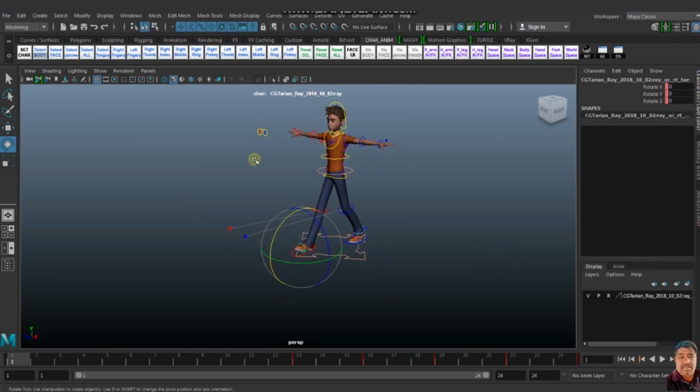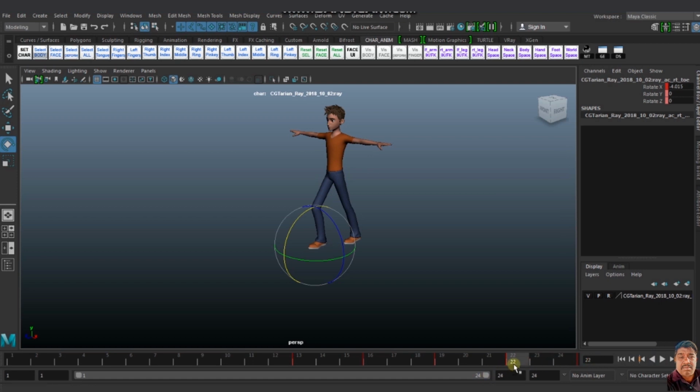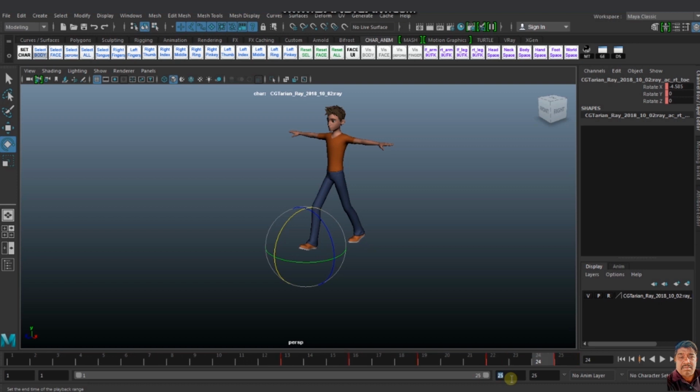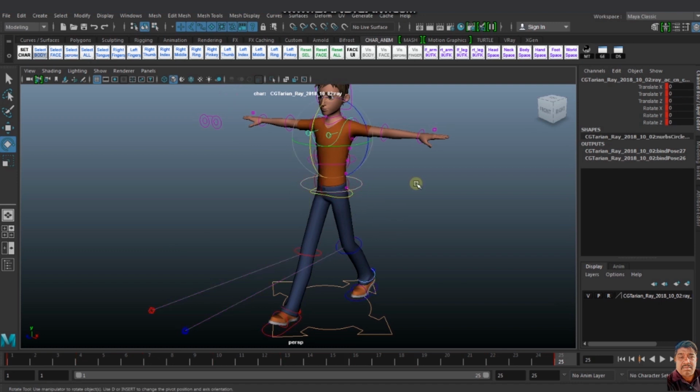So now the work looks like this. Now this is the lower part. Now I am going to start the upper part. If you go to 24 frames, not 25, then you can see the actual cycle, because the first frame and the 25th frame are the same. So I select that root attribute and paste it into my upper body controller.